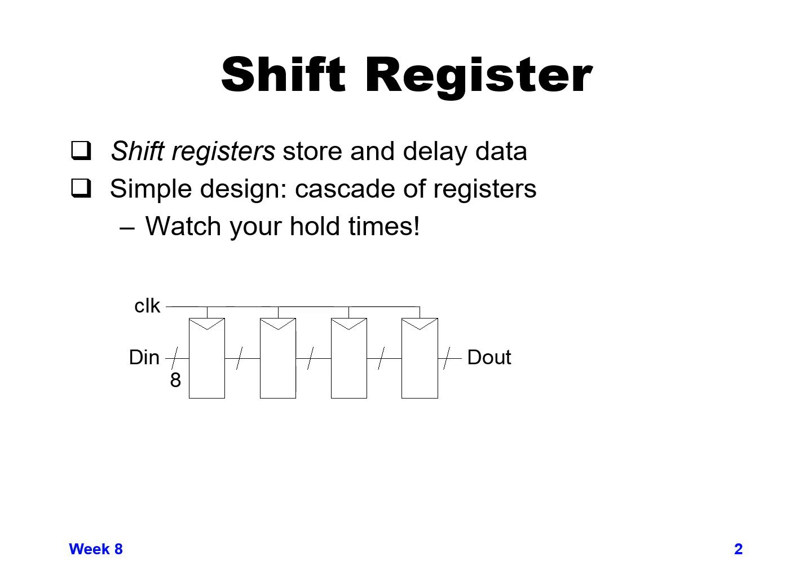So below is a simple design shown for a shift register where you just have a cascade of registers. You have, let's say, a set of flops. In this case we have 4 flops, and here we're showing the hash line with the number 8 there means you have 8 flops in parallel, and you have an 8-bit value coming in, and then you have 4 sets of those in series with each other. So you just have the output of the first set of 8